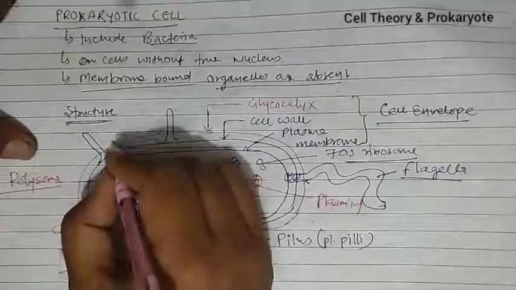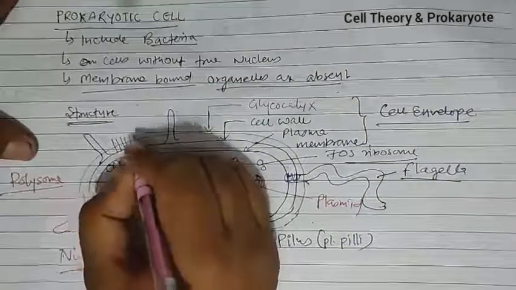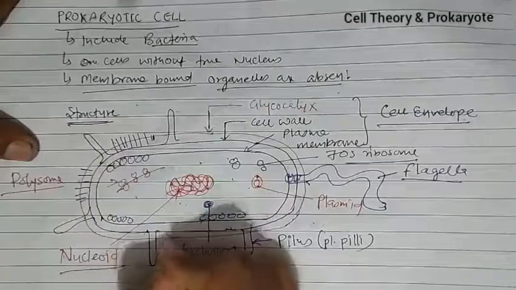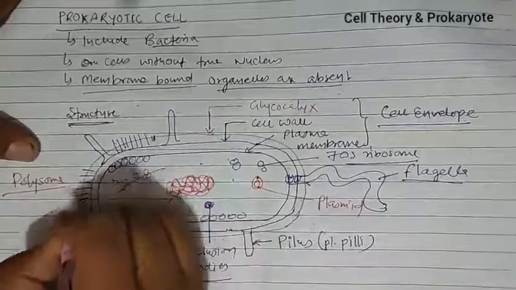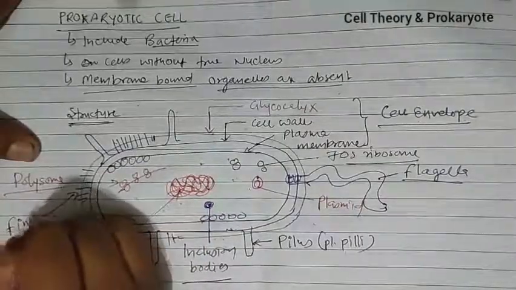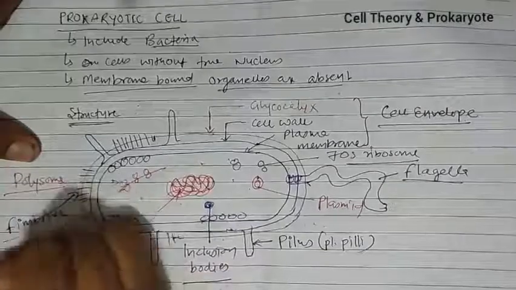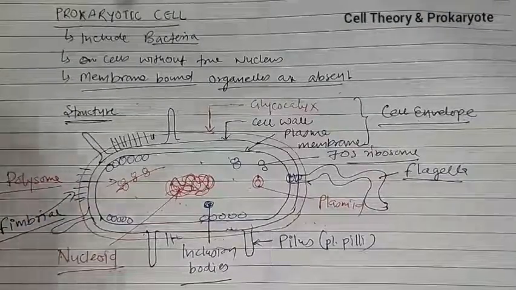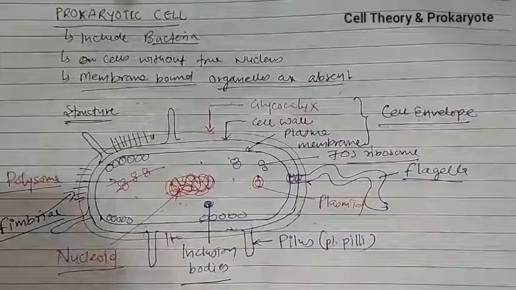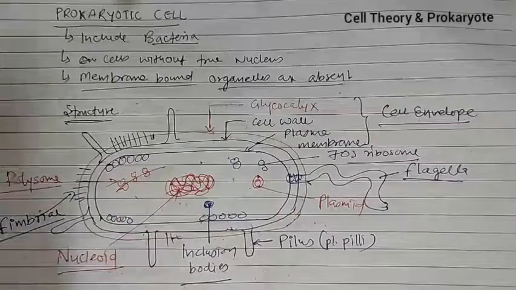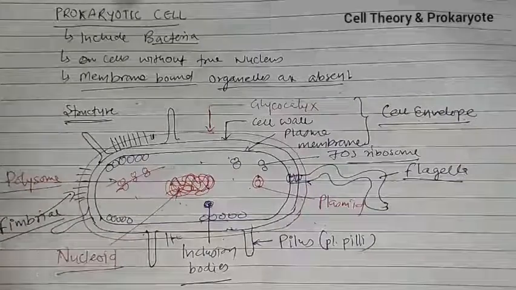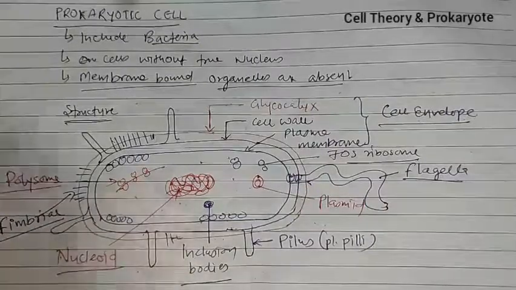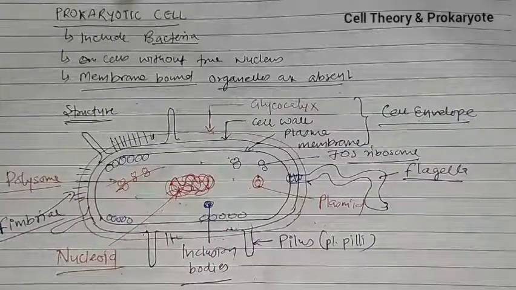One more thing, you will find some of the fimbriae like structure like this. These are known as fimbriae because cilia is absent in case of prokaryote. They have fimbriae, bristle like structures are present. So this is the structure of actually a prokaryotic cell. Now we need to talk about what particularly each and every part in detail. Be remember that membrane bound organelle are absent in prokaryotic cell.